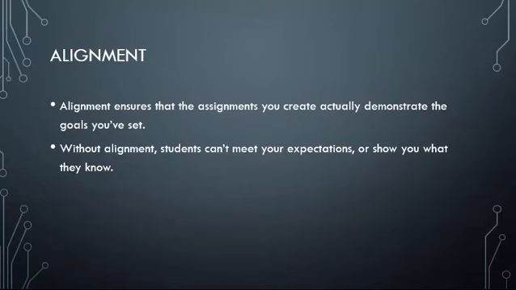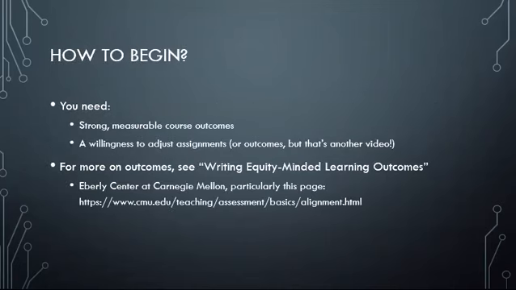If your assignments and outcomes aren't aligned, students aren't able to meet your expectations or to show you what they know. That can be very demotivating for students, in addition to being ineffective as a teaching strategy. So what do you need to get started on aligning assignments to outcomes? You need strong, measurable course outcomes and a willingness to adjust assignments as necessary, or to adjust outcomes, but that's